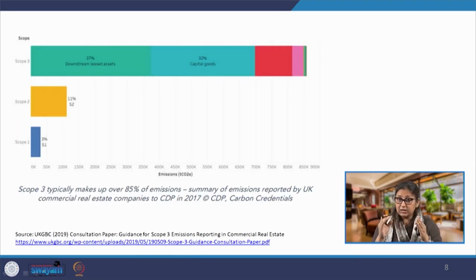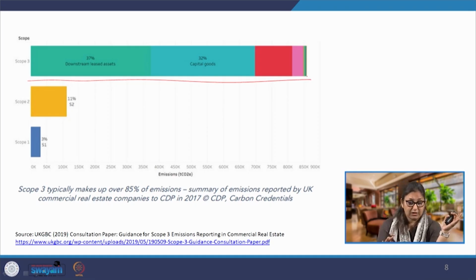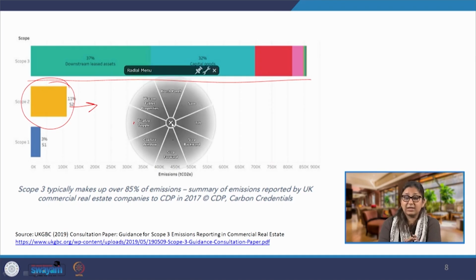If we look at the breakup of these emissions in scope 1, 2 and 3, we will see that the largest share of this emission in the building value chain, building as a product value chain, is going to go in scope 3, where we are talking about largely the manufacturing and transportation plus construction of the building. So, most of the emissions are going to happen there, and secondly the scope 2 emissions. This is because of the operations of the building, where we are purchasing the electricity